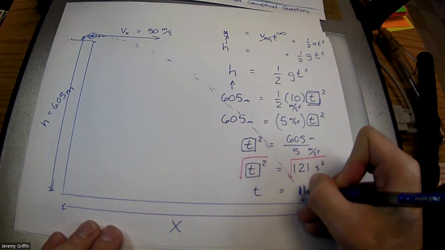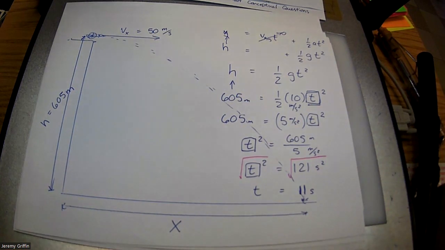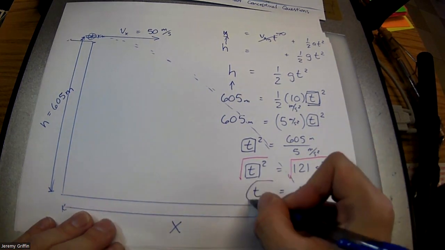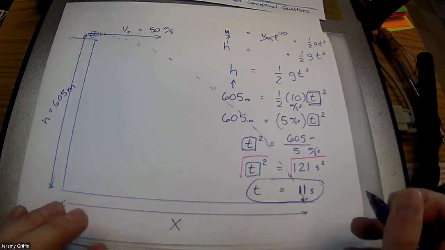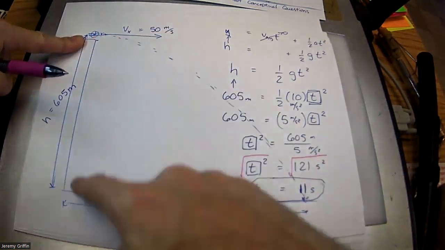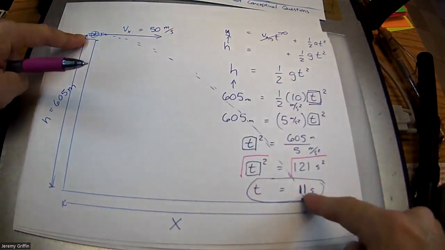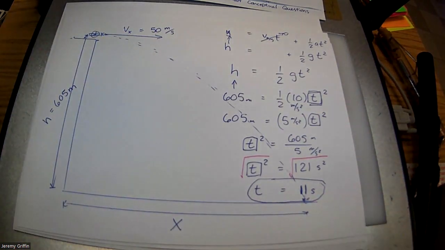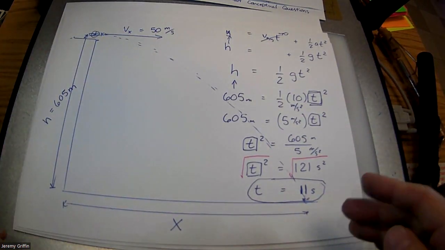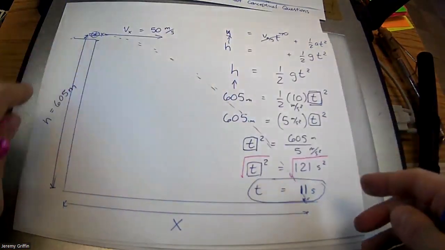Okay, so that would be the answer to whatever number question that is, right? That's the fall time. That's however much time's in the air. It takes 11 seconds to fall this distance, therefore 11 seconds to get to this point. Is that okay? Okay, now that I know how much time it's been in the air for,